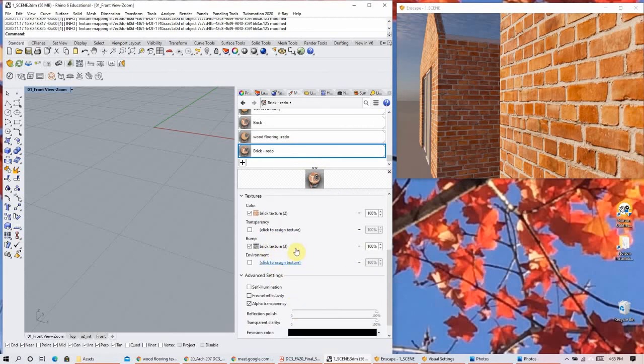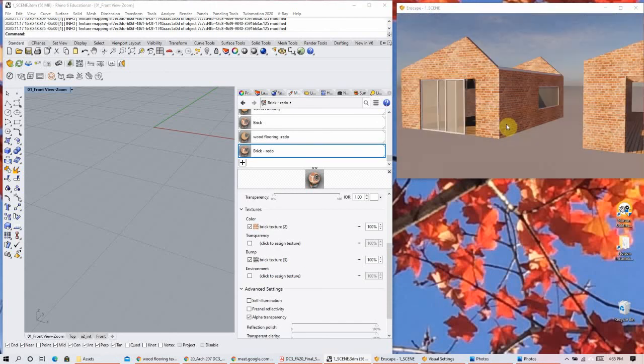Okay, and then the other thing we can do is we can add, since we have a little bit more time, I didn't know we had that, that's cool. If we wanted to add any perforations to our image, so if you ever have like a perforated screen or anything,